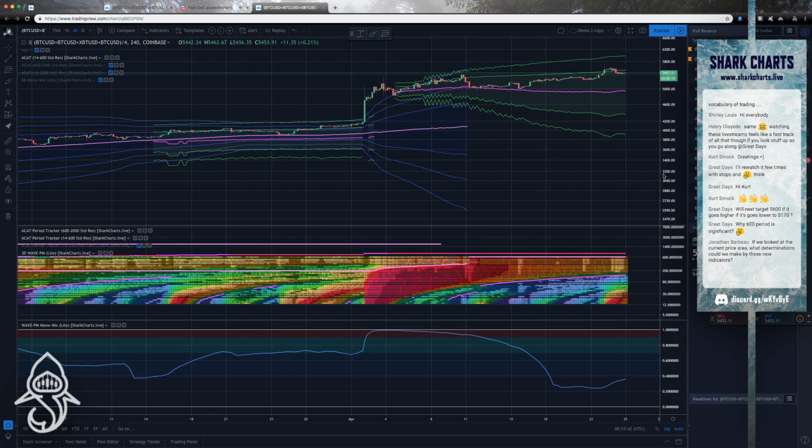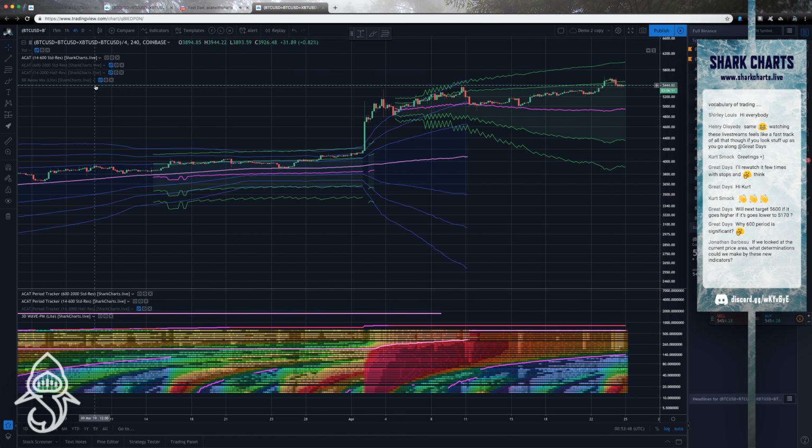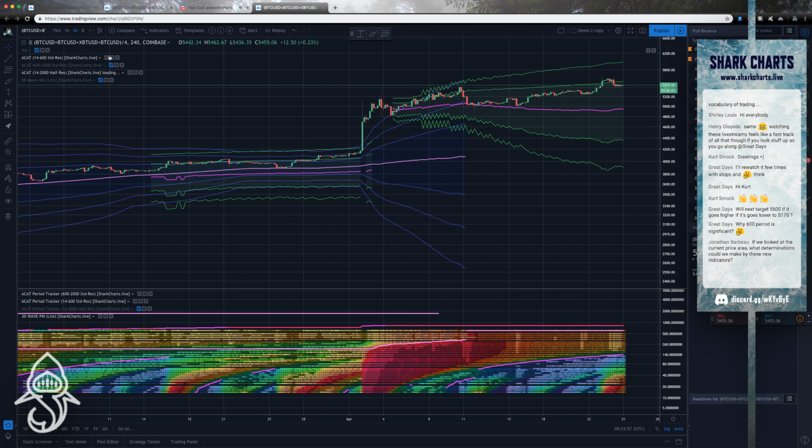So if you'll click to turn on a CAT 14 2000 half res. Should I hide the other one? No, actually turn on all three at the same time. Oh boy. So